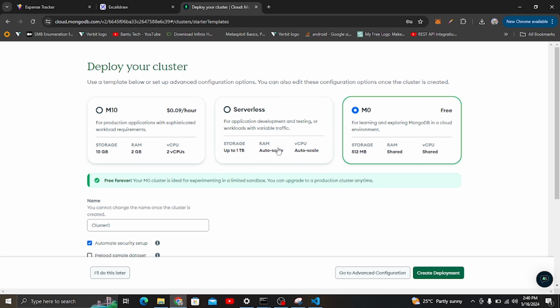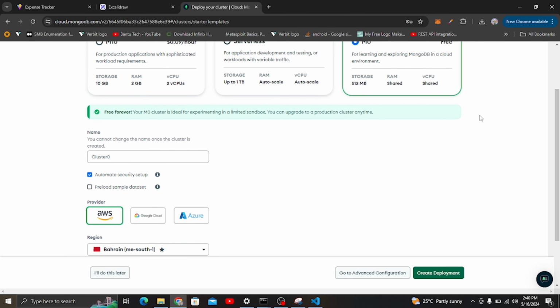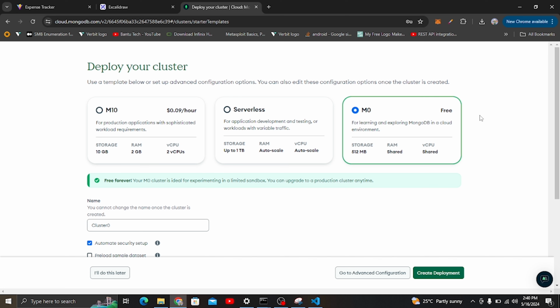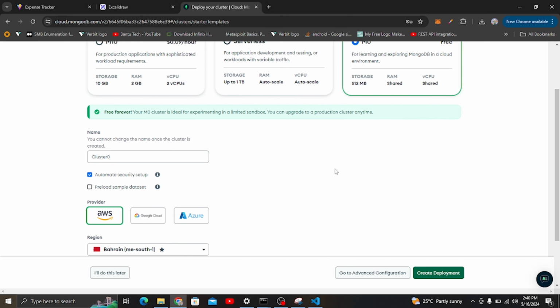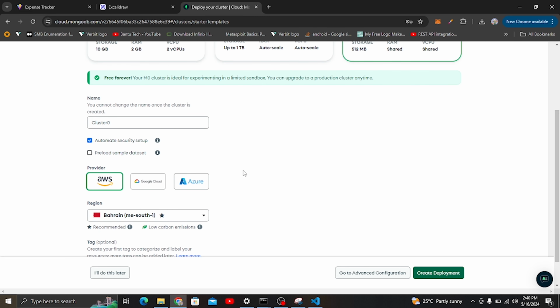database. You can see here we have different clusters, but we are going to create this one for free first of all, because this is a project that we are going to work on and exercise on. And maybe when you build a very big project, you can start paying for these other clusters. MongoDB is also very cheap, because you can see the storage that it is giving you, also the shared RAM, and we have a vCPU. So it is a very, very nice